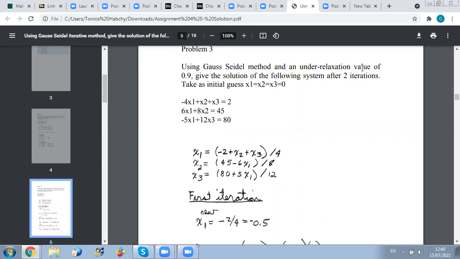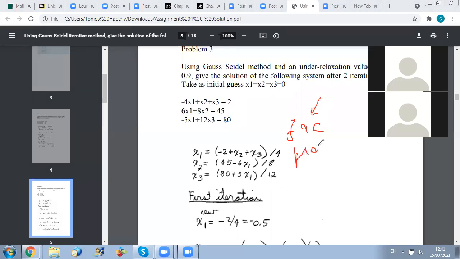Usually Jacobi is recommended if convergence is not guaranteed, meaning if you are not sure it will be convergent. Gauss-Seidel might give you faster convergence, but if there is a risk of divergence, the risk is higher with Gauss-Seidel than with Jacobi. Jacobi is safer if the system is prone to divergence, because it's not updating values within the same iteration. In general, Jacobi is recommended if I am not sure of convergence or if my system is prone